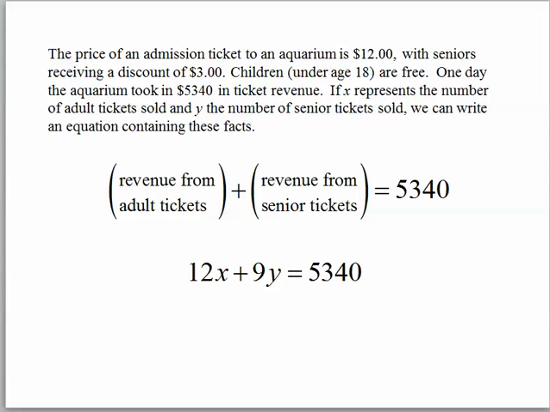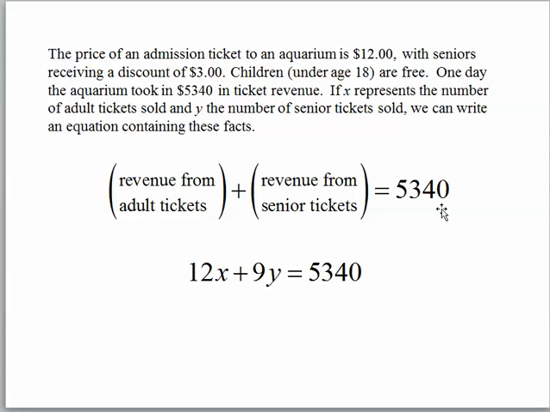In this problem, we have two unknown quantities. We will let X represent the number of adult tickets sold and Y represent the number of senior tickets sold. Take a moment to think about how we can write a linear equation given the information on the price of each admission ticket and the total ticket revenue for the day. We can write this equation containing these facts as the revenue from adult tickets plus the revenue from senior tickets is equal to